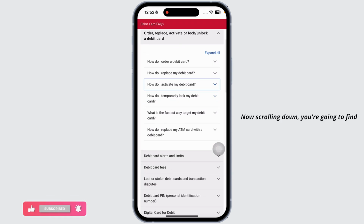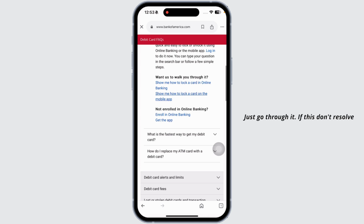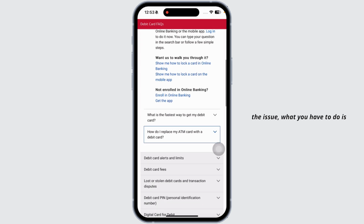Now scrolling down, you're gonna find different questions related to debit card. So you can go through any of the questions that is related to your issue. How do you replace your debit card? How to unlock your debit card PIN? Just go through it. If this doesn't resolve the issue, what you have to do is contact their customer service,